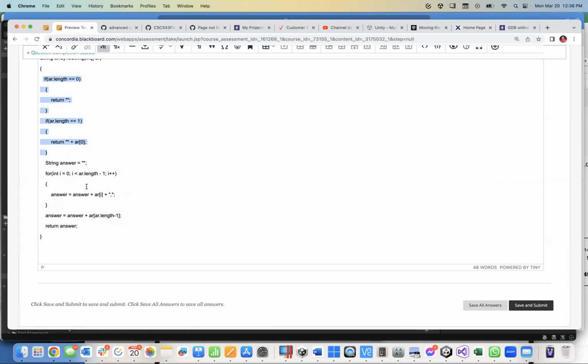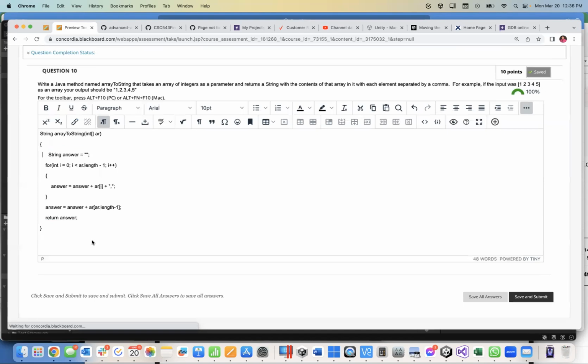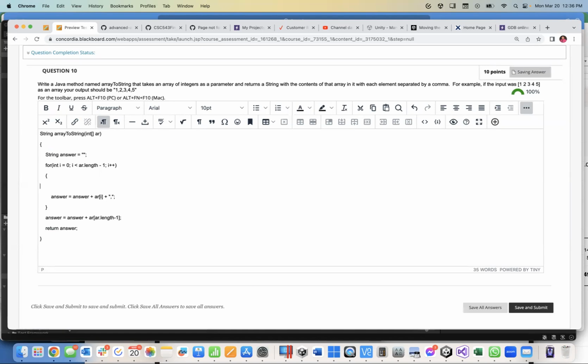So for those folks, it would have looked like this. If i is equivalent to ar.length - 1,